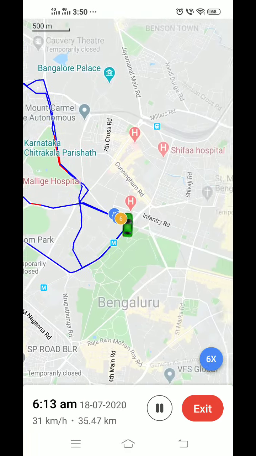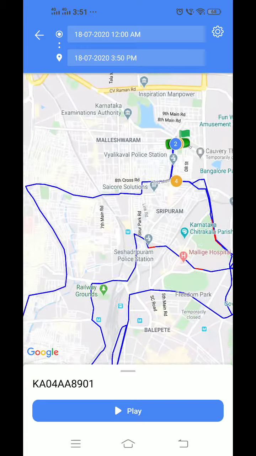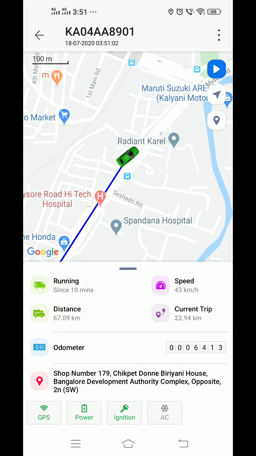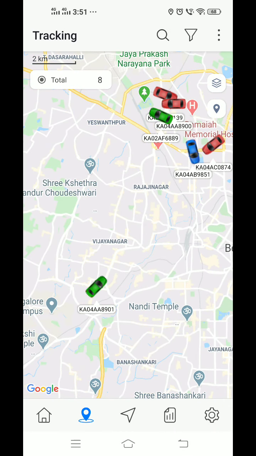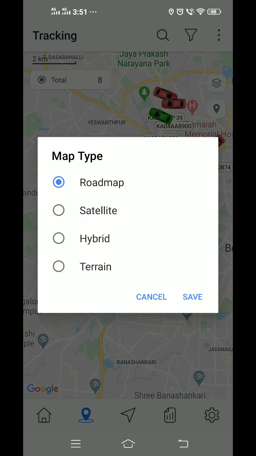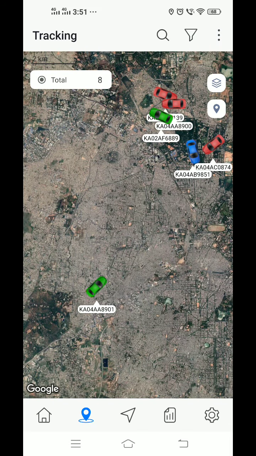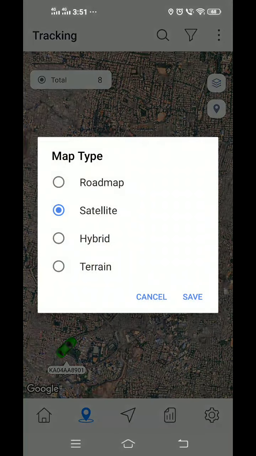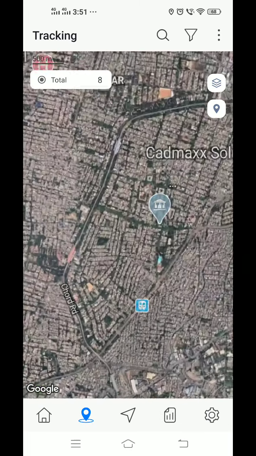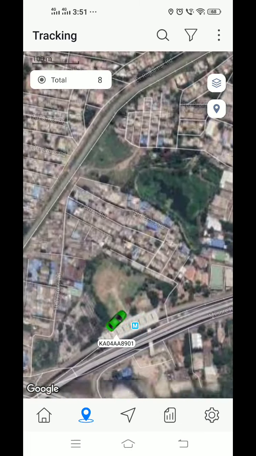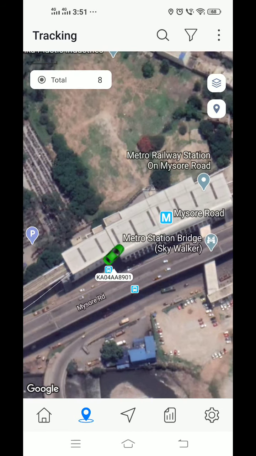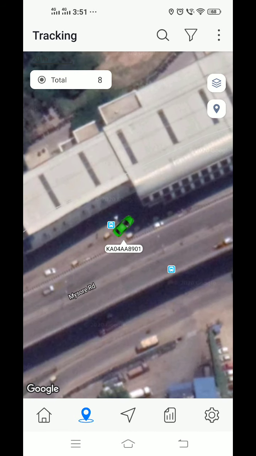So I'll just exit now. We have other options also to be monitored. So we can change the views of the map to satellite or hybrid. You can see the clarity of the map, Google Map.